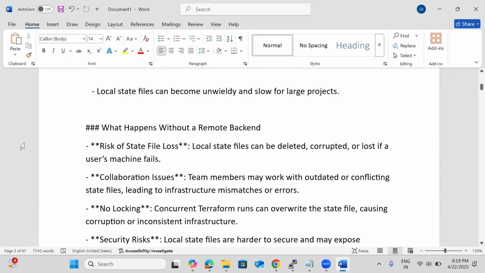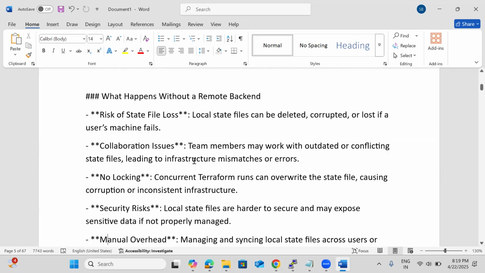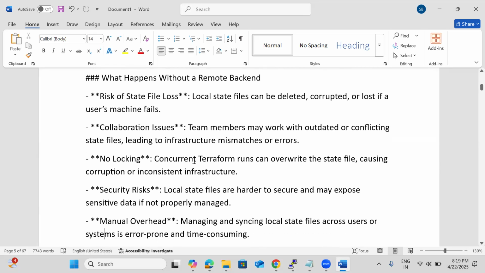Okay, so if you don't have the state file, what is going to happen? Like if locally that state file is corrupted or deleted, then definitely we'll have some challenges. In order to avoid that,